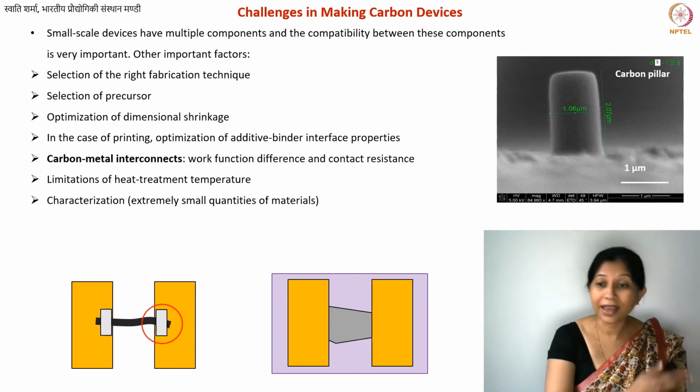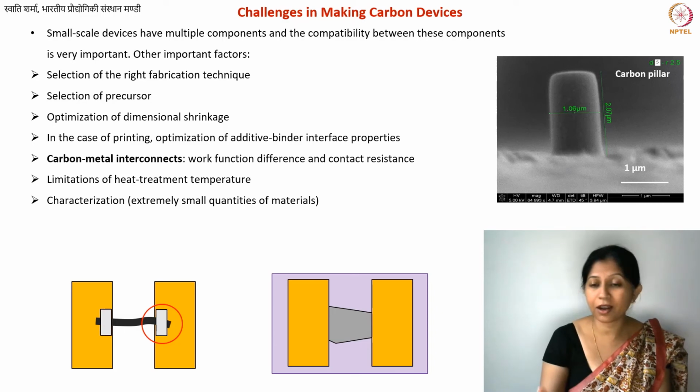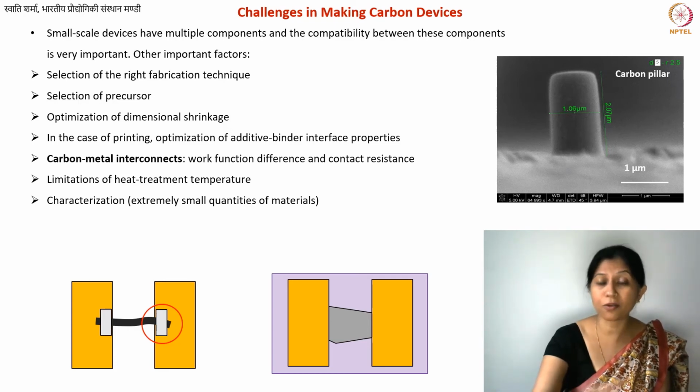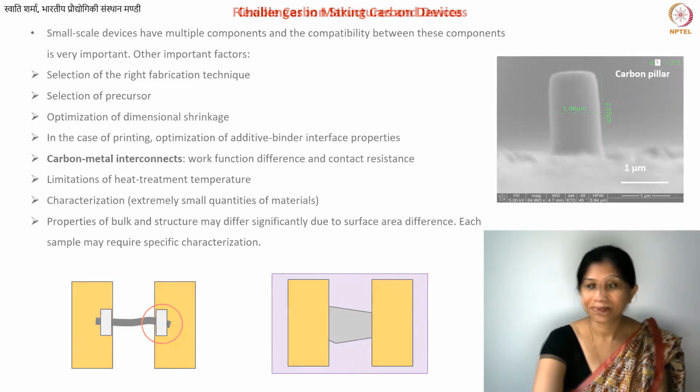Okay, maybe you can make an array of such pillars, or maybe you can make a lot of them, somehow etch them out of your silicon, but it's often a lot of effort to have enough sample for using characterization techniques that can be used for large scale materials. Or of course, you can also perform some modifications, perform single crystal XRD and so on, but all of them have their pros and cons. Okay, so this is what I have written: the properties of bulk do differ from what you have in micro and nanoscale, especially when it comes to something that is prepared by heat treatment.